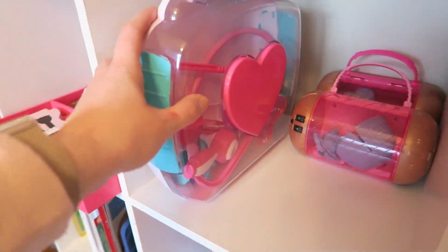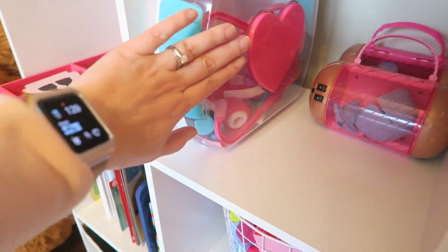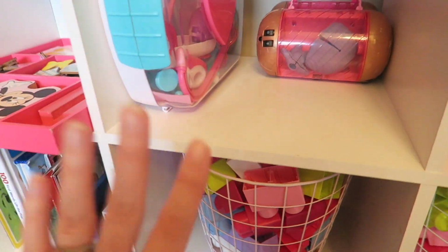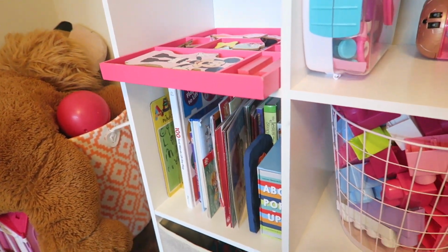This thing the girls got for Christmas, I don't know the brand of it, but it's like the doctor's kit you can get at Target. My girls are obsessed with this thing. It was such a huge hit. They love to pretend they're at the doctor's. Some more LOL stuff for Brooklyn. A magnetic dress up